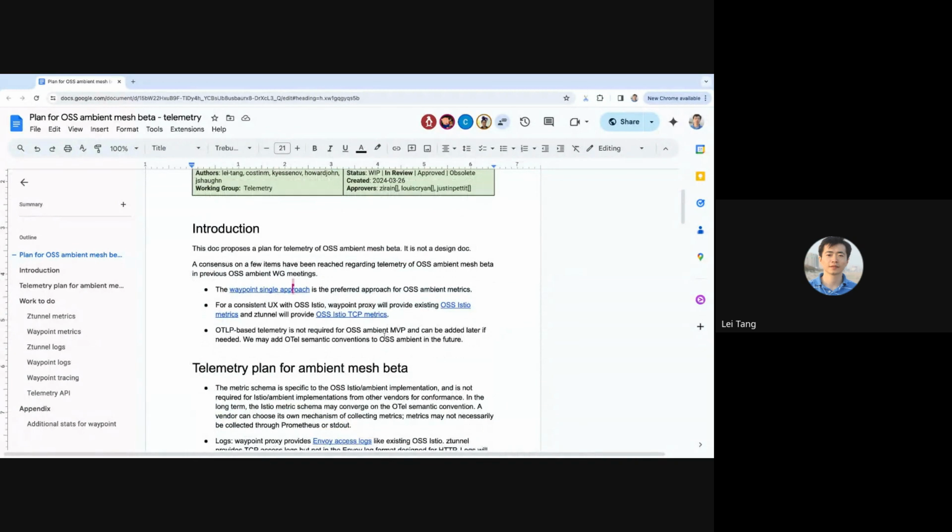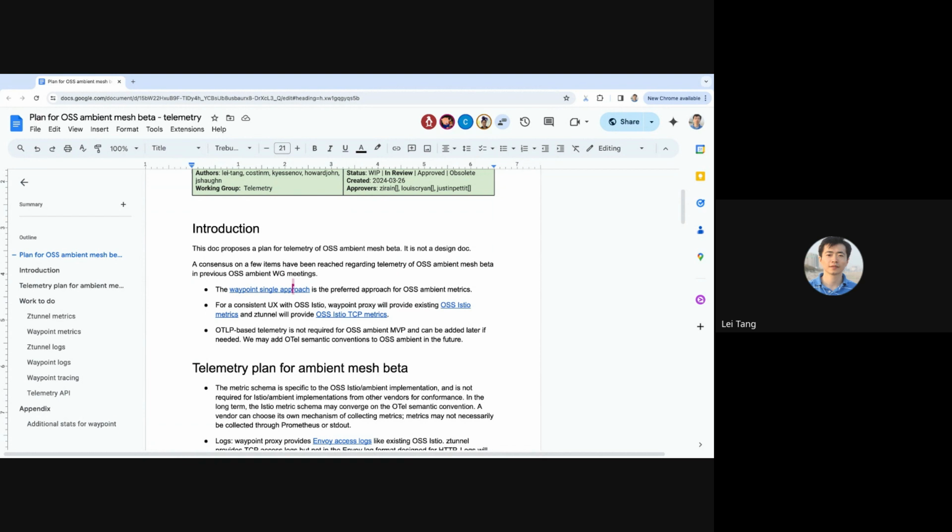Okay. So we have reached a few consensuses. One is the consensus over the waypoint single approach versus the waypoint double approach. And another part we reached consensus on in the previous working group meeting is that the waypoint proxy will provide the existing OSS Istio metrics for backward compatibility, and ztunnel will provide the OSS Istio TCP metrics.